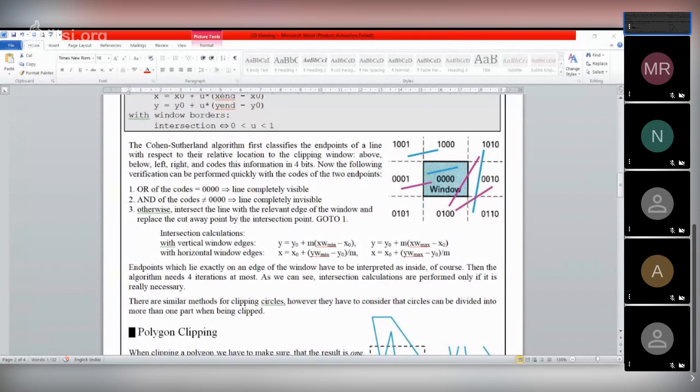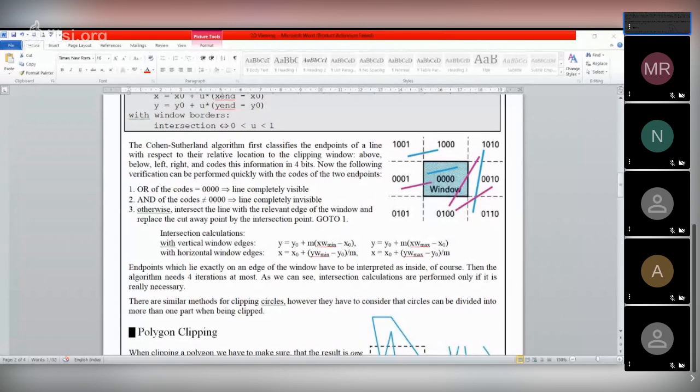If all the 4 values are 0, then we can be assured that the point is inside this window, because this region is marked by 0 0 0 0, and the first 0 represents the top or above region.